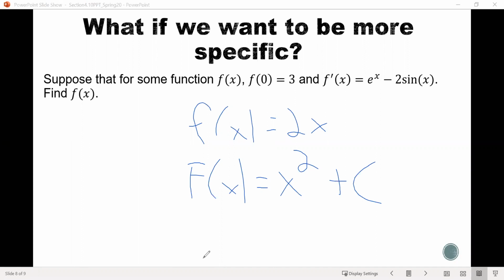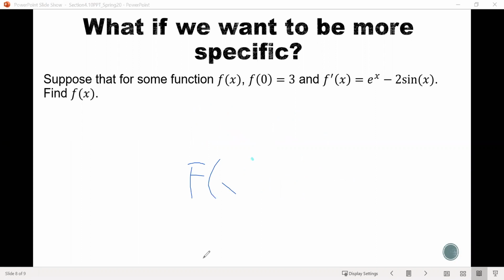Well, now we're going to look at what happens if we want to be more specific. So let's say that we want to know actually what was that constant, or was there a constant there at all? So looking at this example, we're given that for some function f of x, f of 0 equals 3, f prime equals e to the x minus 2 sine x, and they want us to find the exact formula for the function f of x. So to approach this, we'll start by, just like we did before, finding the general antiderivative